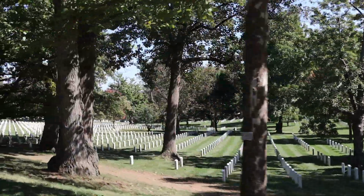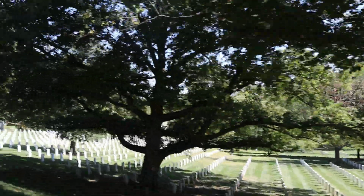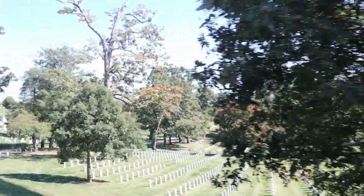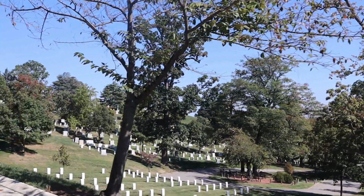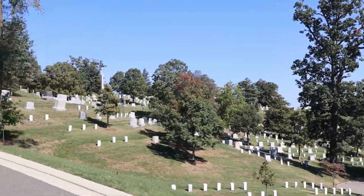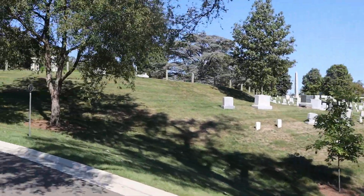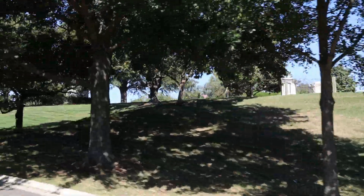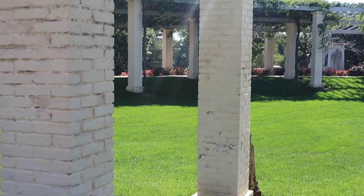In 1861, when the Civil War broke out, President Abraham Lincoln offered the command of the Union Army to General Lee. But Lee was from Virginia. He didn't feel in good conscience he could raise his sword against his fellow Virginians. So he turned the president down, took command of the Union Army instead. By 1863, the rest of the Lee family had fled to Richmond. No Lee would ever live on this property again. The Army took it over for its strategic location in downtown Washington, D.C. It became Fort